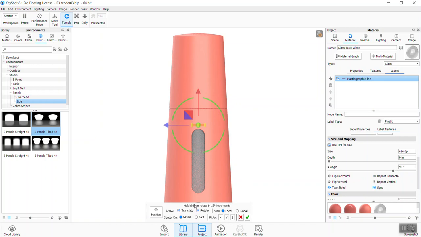Now that we have the rotation set, you don't want to accidentally rotate this label. So I'm going to uncheck this rotate box down here in this pop-up dialog. And you'll notice that turns off these green icons so that I don't accidentally select them. So again, I double clicked on the material, clicked on the plus sign, picked the label called graphic